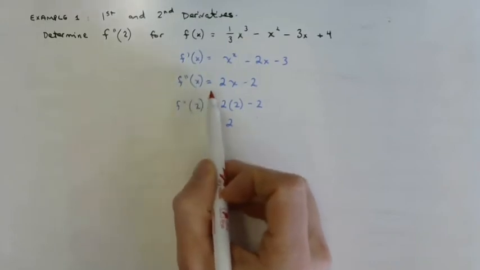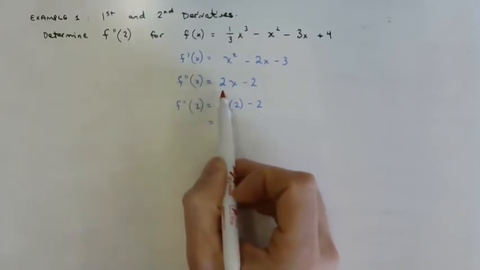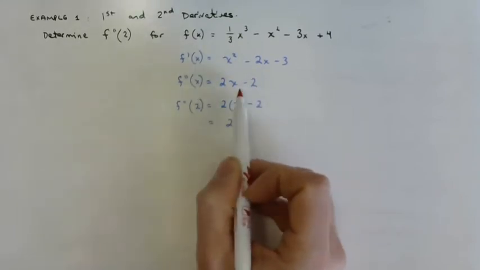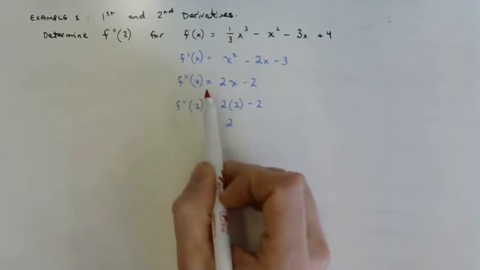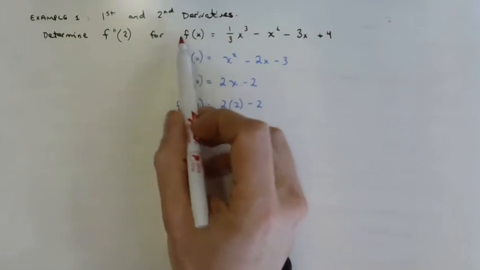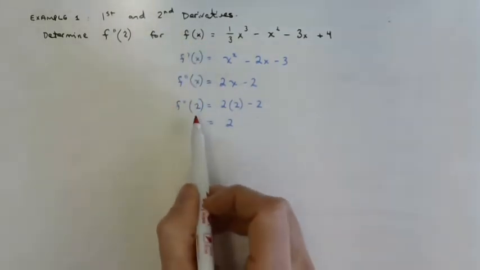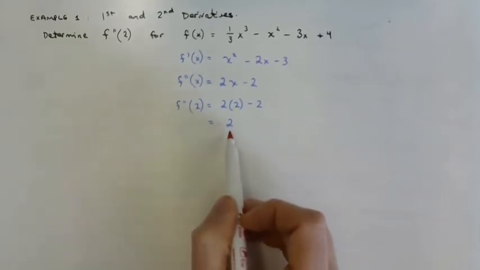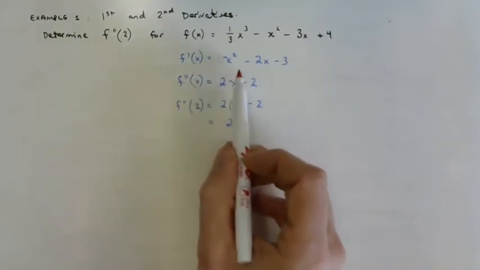Then f double prime tells us how fast it's accelerating. So is it moving faster and faster with respect to time, or is it moving slower and slower at certain points on the curve? So what we found out is that when, let's say we translated this into distance and time, then we found out that after 2 seconds, it's accelerating at a rate of 2 meters per second. Okay, so it is moving forward and it is accelerating at a rate of 2 meters per second. And actually, it's moving backwards. But